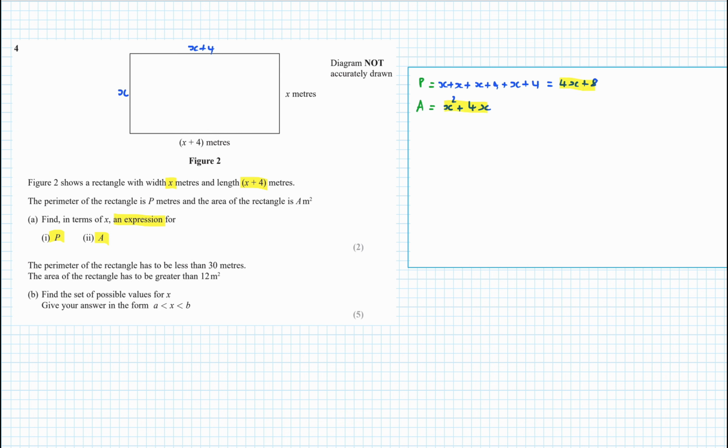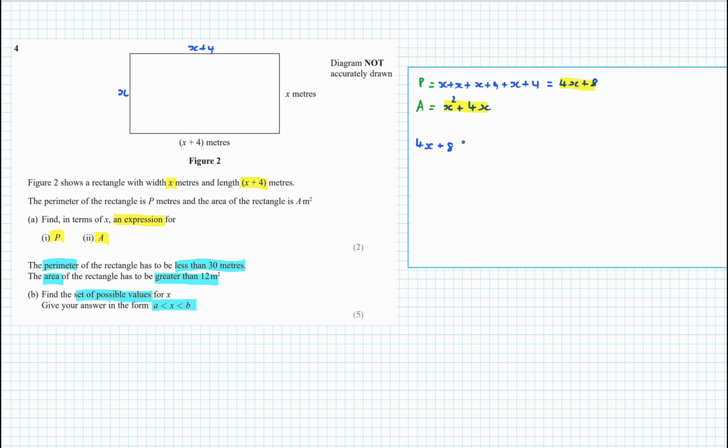The perimeter of the rectangle has to be less than 30. The area has to be greater than 12. We're dealing with inequalities here, so you know that from finding a set of possible values as well. And of course, the form that's demonstrated in the last part for your answer. Okay, so we're given the perimeter and the area, so we're going to make two equations from this. Less than 30,